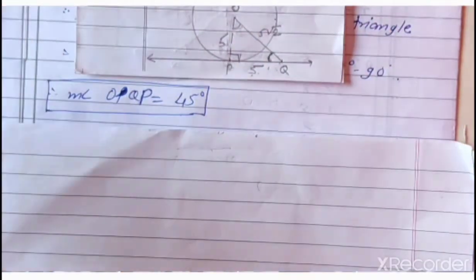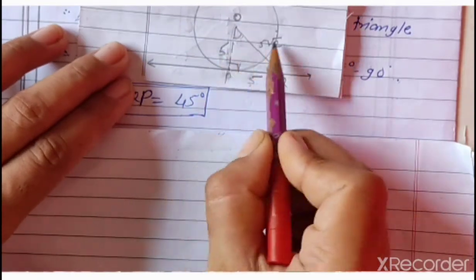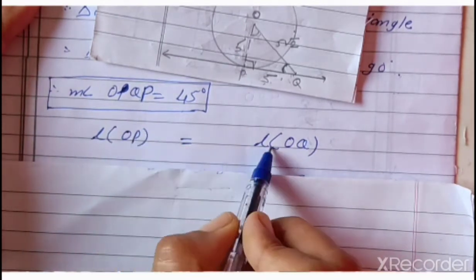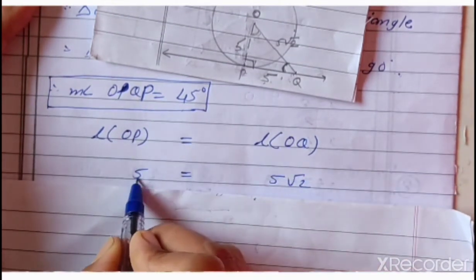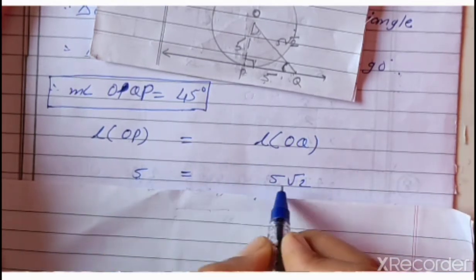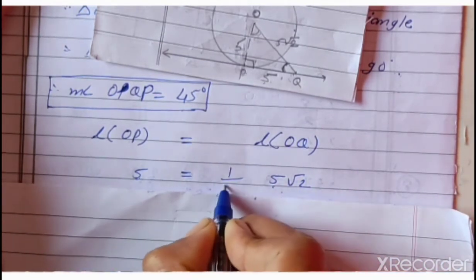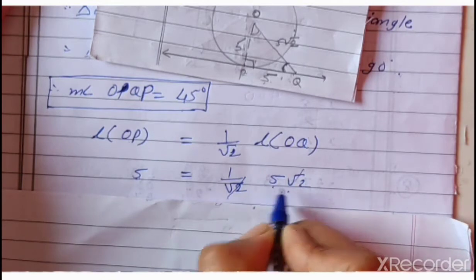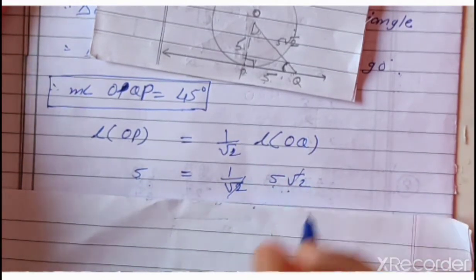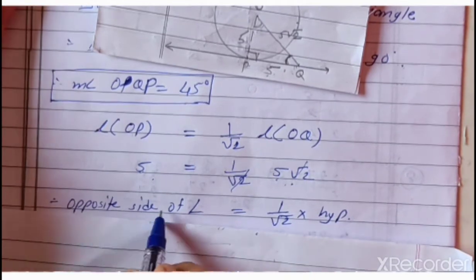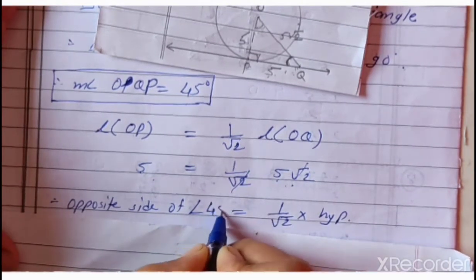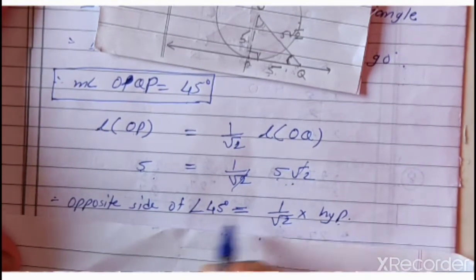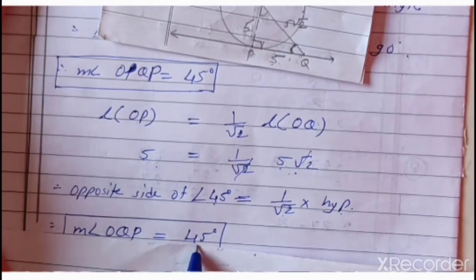Now let us solve this by using the second method. Here I am taking the relation between opposite segment and hypotenuse. So these are 2 segments. Let us find out its relation. This is the substitution. To get both sides equal, here I have to multiply it by root 2, so that this root 2 will get cancelled and both sides will equalize. So therefore you can say that the opposite side of 45 degree is equal to 1 by root 2 of hypotenuse. So therefore this angle is of 45 degree.